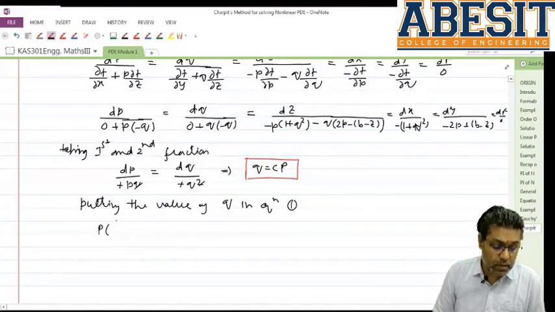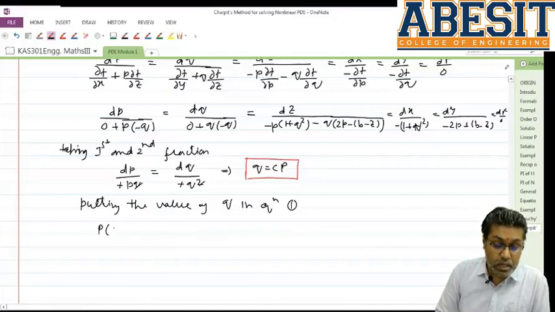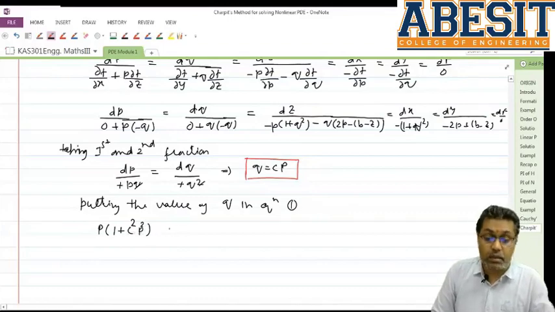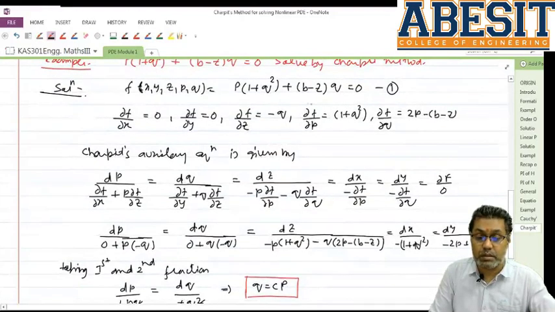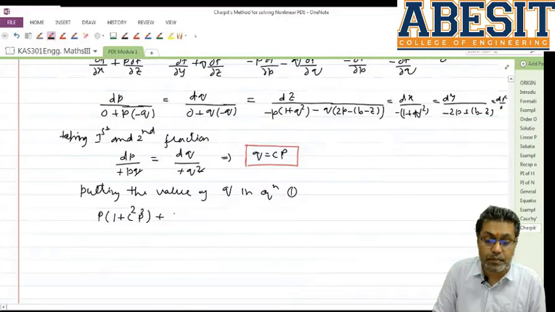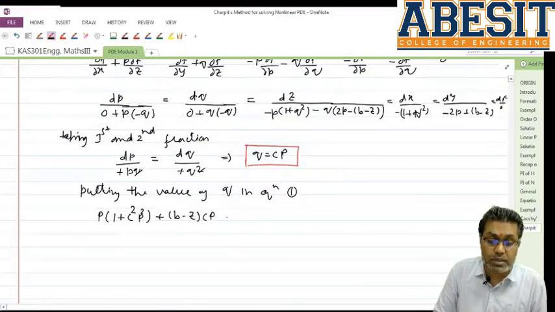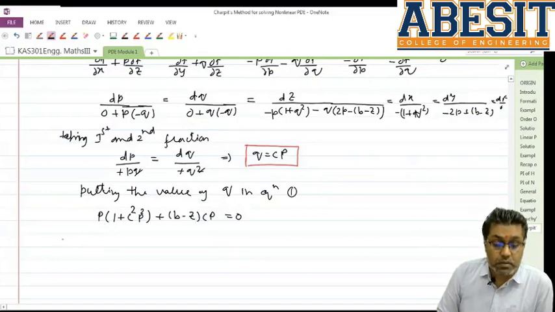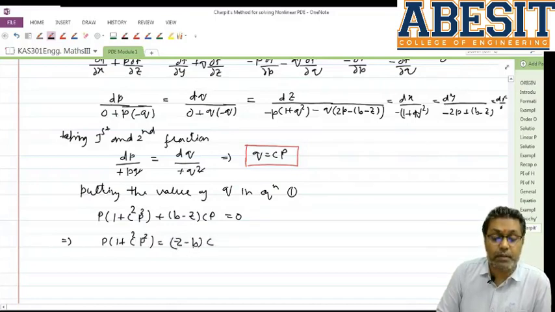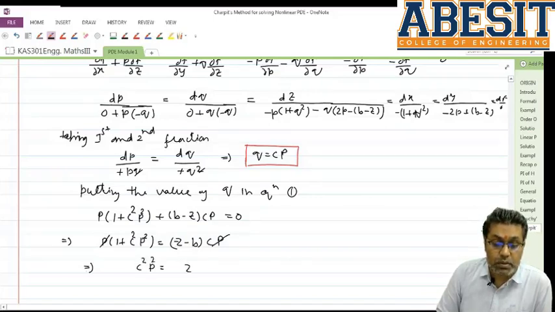p into 1 प्लस c स्क्वायर p स्क्वायर, यहाँ पे q था, इफ यू सी दिस इज q, इस तरह से यहां पर भी q है, तो ये हो जाएगा प्लस b माइनस z इंटू cp इज इक्वल टू 0। This is p(1 plus c square p square) is equal to, इस क्वांटिटी को हम लेफ्ट हैंड साइड से राइट हैंड साइड में लेके गए, तो हो गया z माइनस b इंटू cp। माइनस साइन को बैलेंस करने के लिए हमने चेंज कर दिया, p से p कैंसिल आउट हो गया, which implies c square p square is equal to z minus b